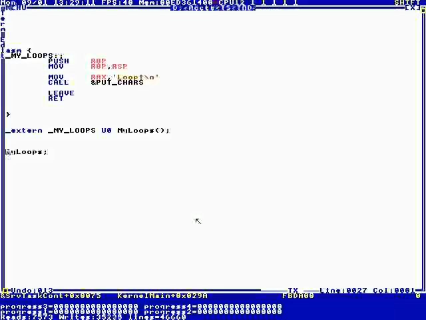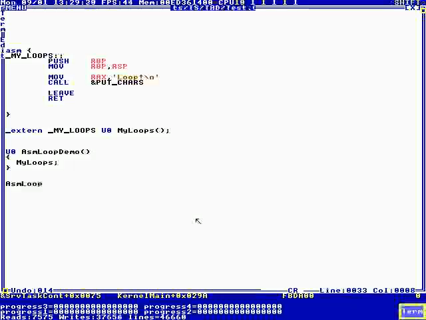So normally you make a main, I guess. Normally you might want to call it something different. How about ASM loop demo? This is what you would normally do. Okay, now we can F5. Okay, now